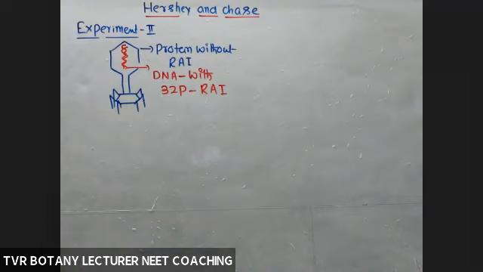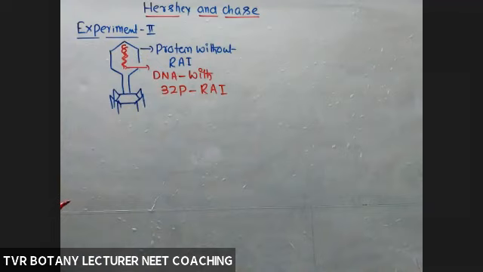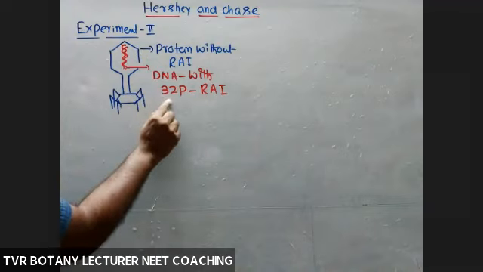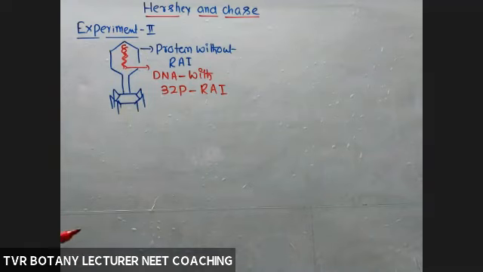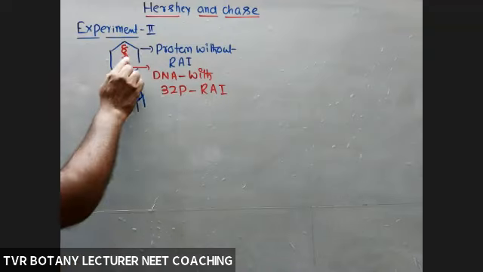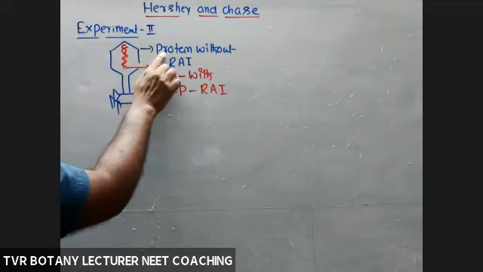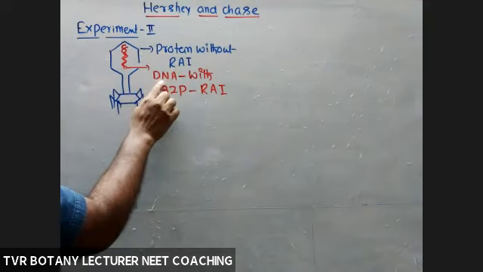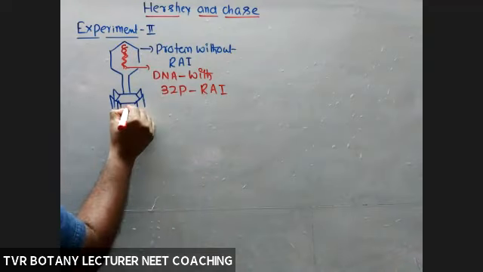Okay, so overall, bacteriophage is with radioactivity, but here radioactivity is present in DNA molecule, but not in protein. In the first experiment, protein with radioactivity, but not a DNA molecule. Here DNA with a radioactive isotope, but not a protein. So protein non-labeled, DNA labeled for identification only. Okay, same process.